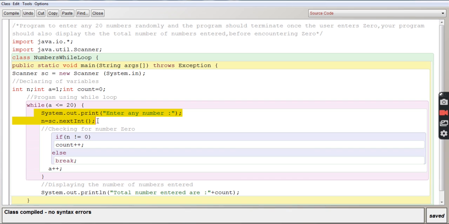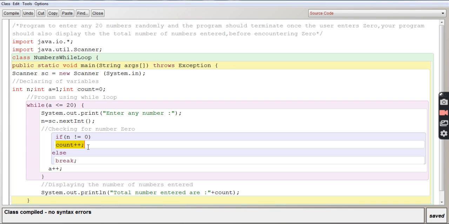We are going to enter the number 5. So 5 is entered. So 5 will be checked whether it is 0 or not. If 5 is not equal to 0, of course 5 is not equal to 0. True. So it will go to count plus plus. Last time count was 1 because we had entered 3, a positive integer.